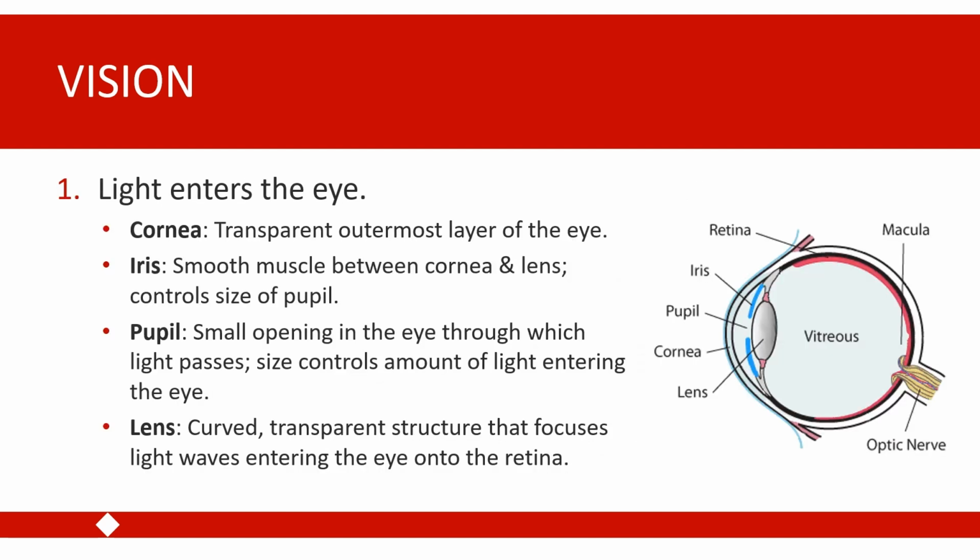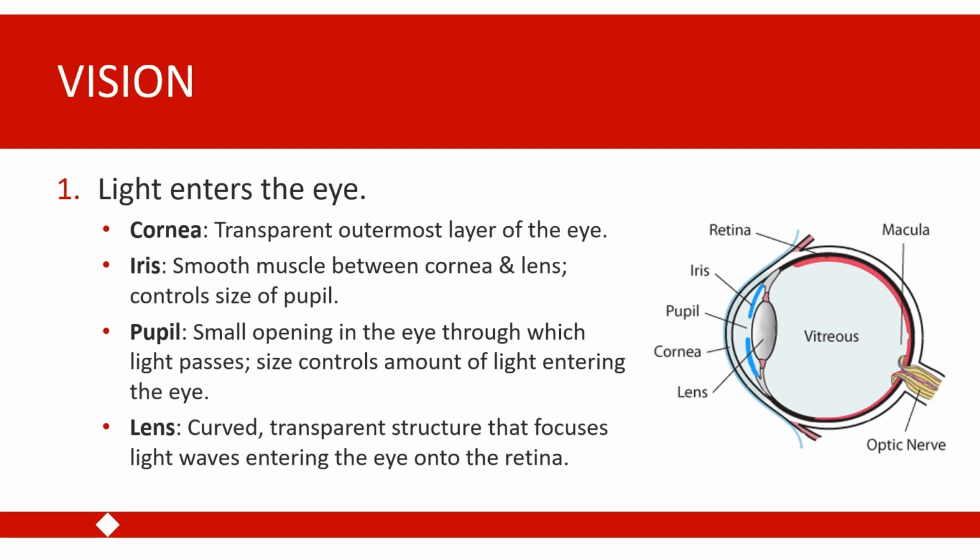We're going to talk about how the transduction of light waves into neural impulses that are then perceived as information about the visible world works, by discussing how light travels from the external world through the anatomical structures of the eye to produce this neural impulse. So the first part of this process is that light waves bounce off of things in the environment and enter the eye. These light waves first travel through the cornea.